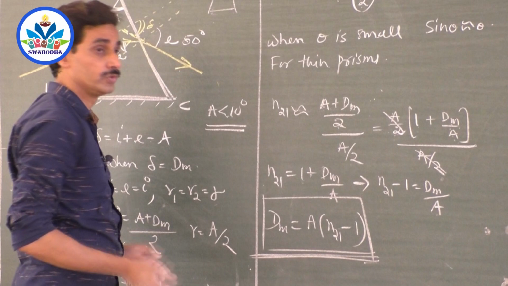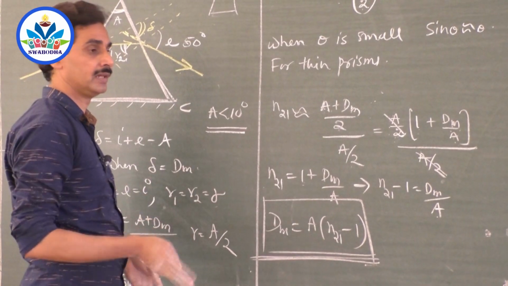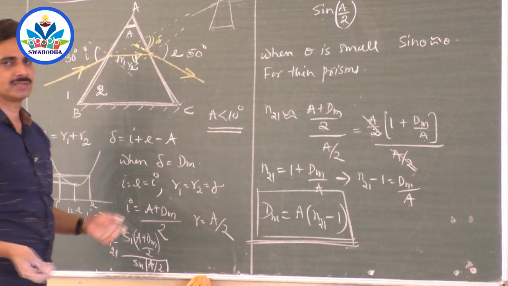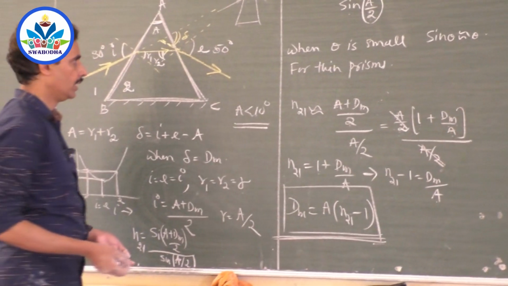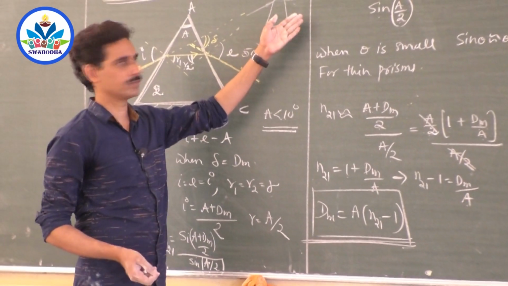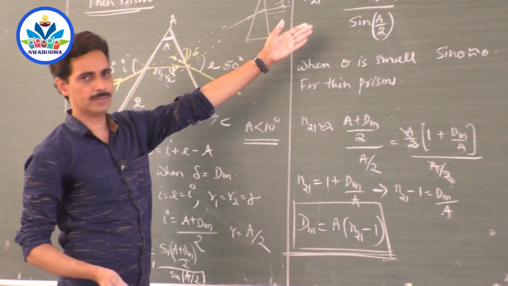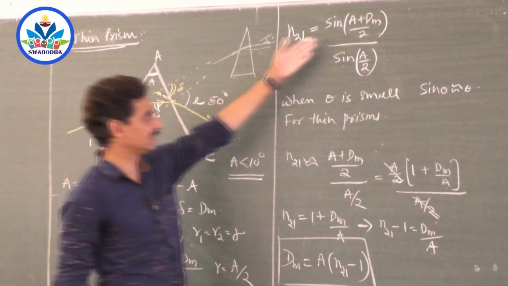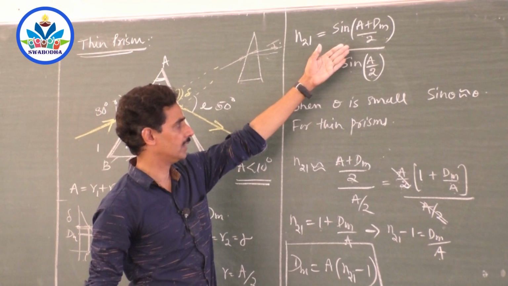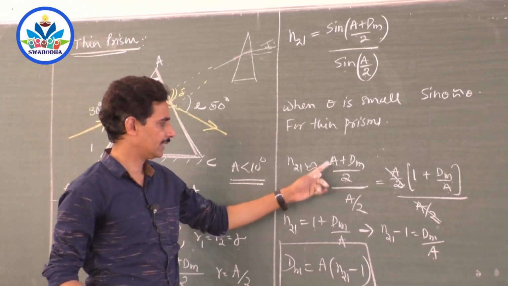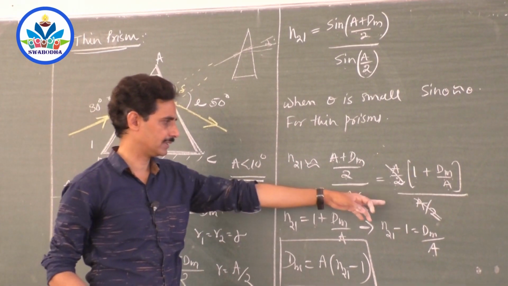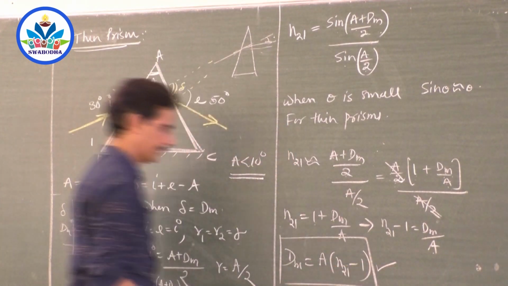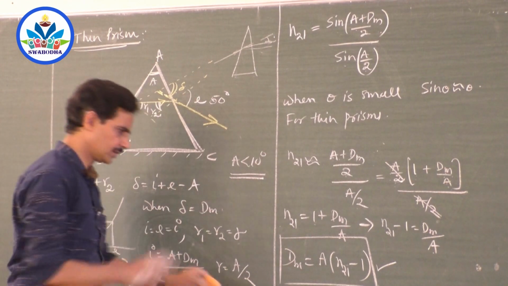Thin prism is one whose refracting angle is very less, even less than 10 degrees. For such a prism, angle of incidence, emergence, refraction, everything will be very small. And you know the formula for refractive index of the prism. It is sin((A plus dm)/2) by sin(A/2). And which can be put in this form, since sin theta is almost equal to theta. Then take A by 2 outside, A by 2 gets cancelled, you will remain with this one, finally this one. So this is the deviation for thin prism. Now, that's all the derivation.